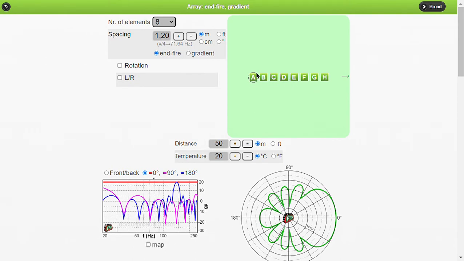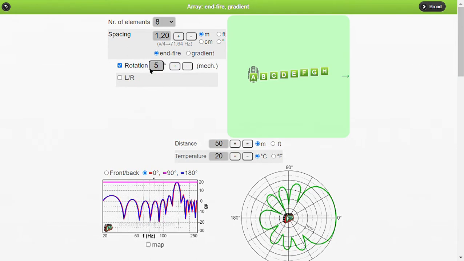This dotted circle that you can almost see here at the back shows you the virtual origin of the elements. If we give it some rotation, it's a little bit more clear. We can see a dotted circle, which is the virtual point of origin for each of the elements as seen from the front.